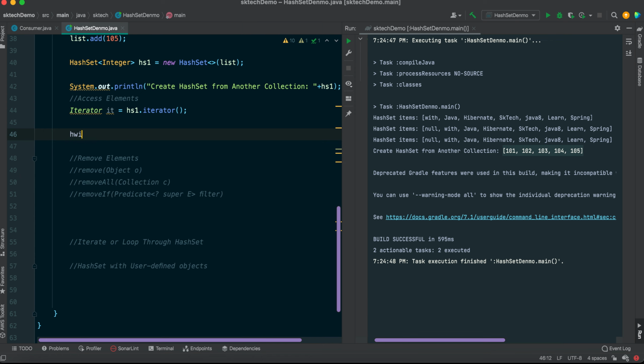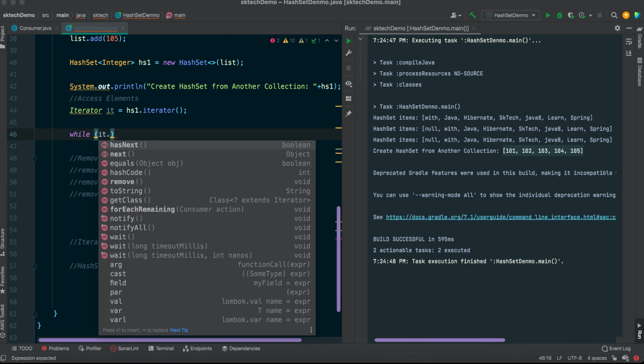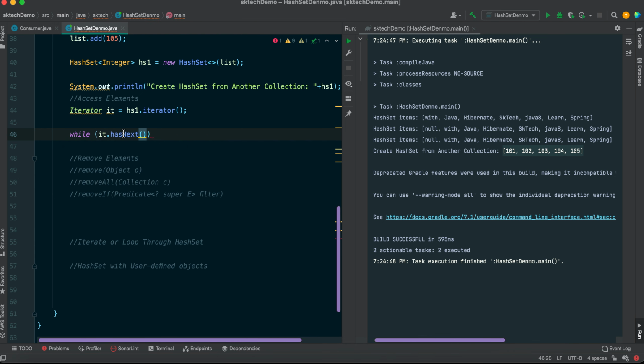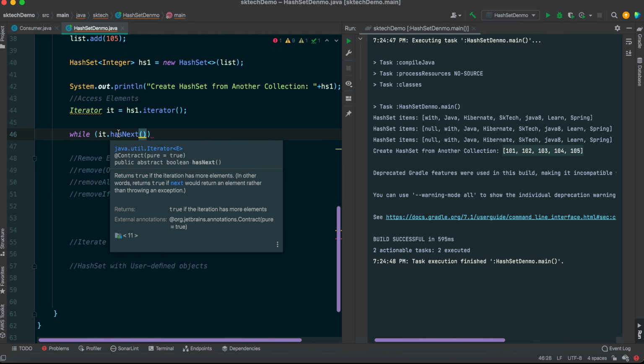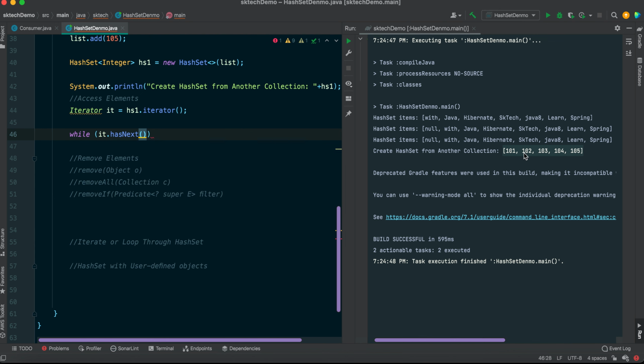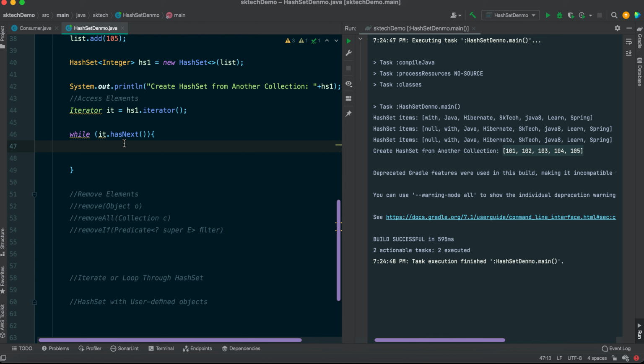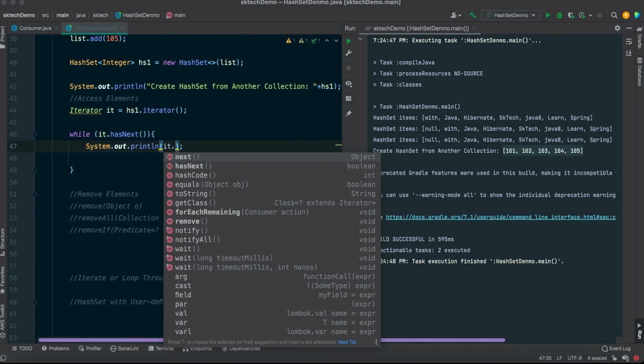How can we iterate it? We need to use a while loop or any conditional loop like this, and using the object we will be able to call hasNext. This method is going to return true or false based on whether an element is available inside the hash set or not. After that, if it returns true, then we come inside the loop, and here we can use another method, that is next.